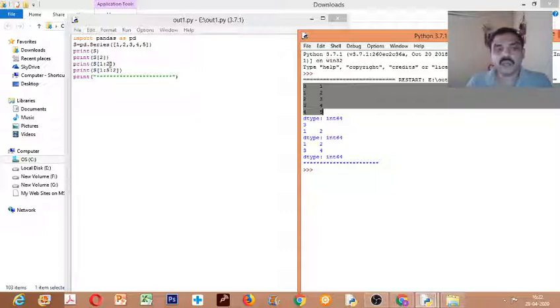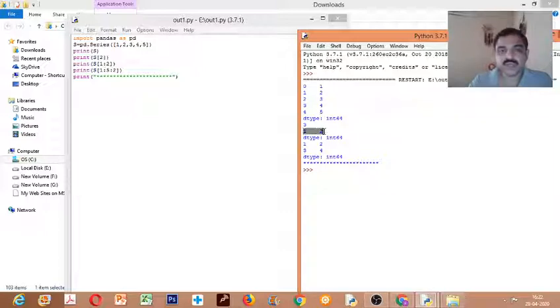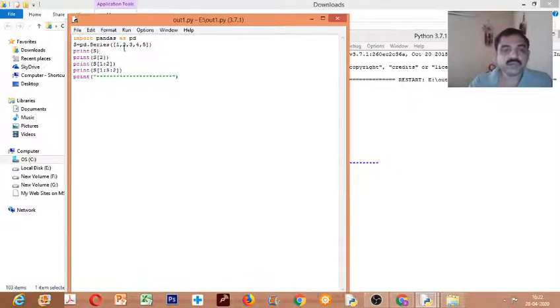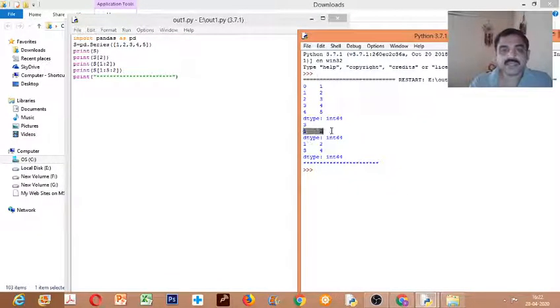Let us see what happens here. The index value 1 is displayed, so 0 1, that is the second element. The second element is displayed with index 1. See, index is 1, value is 2. So the upper limit is not included. Here also it is exactly the same as a list.